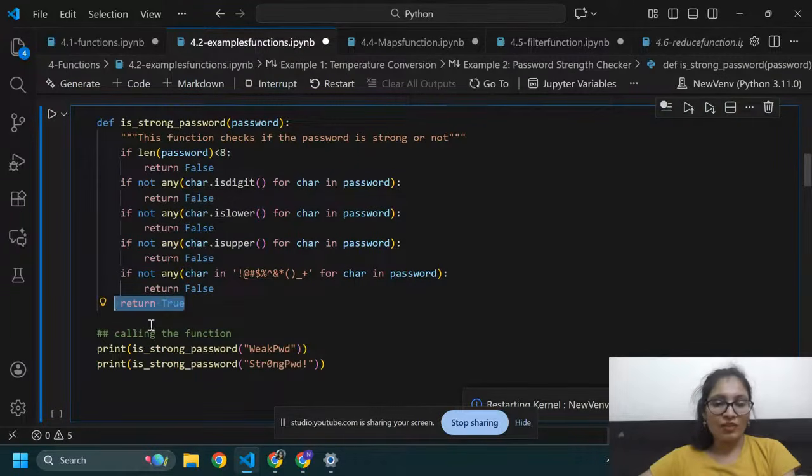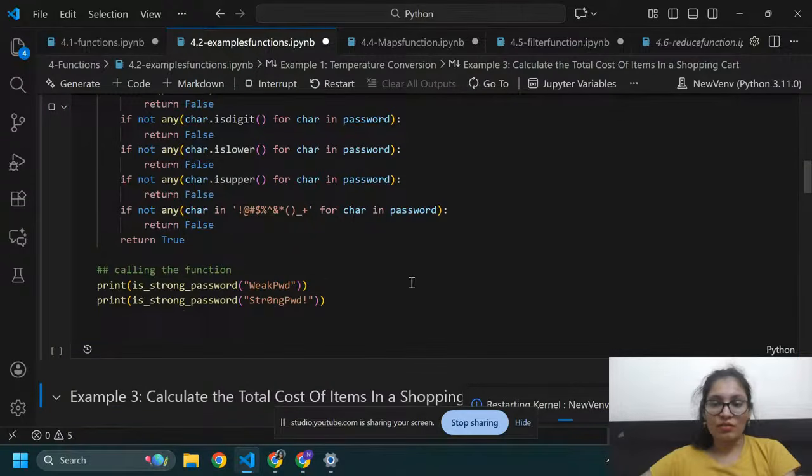So I am going to check with these inputs. First one is a weak password and the second one is a strong password. So here, oh, the kernel is